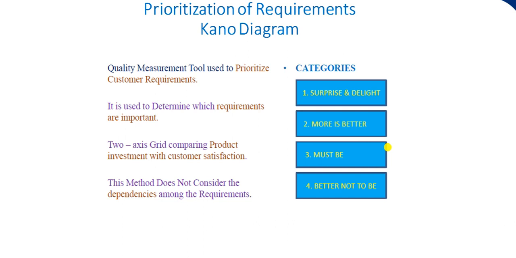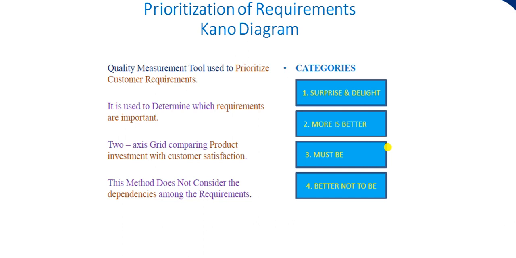The limitation of the cost value approach is what? It is not suitable for requirements numbering more than 20. That is, any application or software which has around 20 or fewer requirements, that method is a suitable one. But that fails when we have a larger number of requirements. There we use the Kano diagram. Kano was a software engineer. The method is named in respect of that software engineer. That's why it is a Kano diagram.